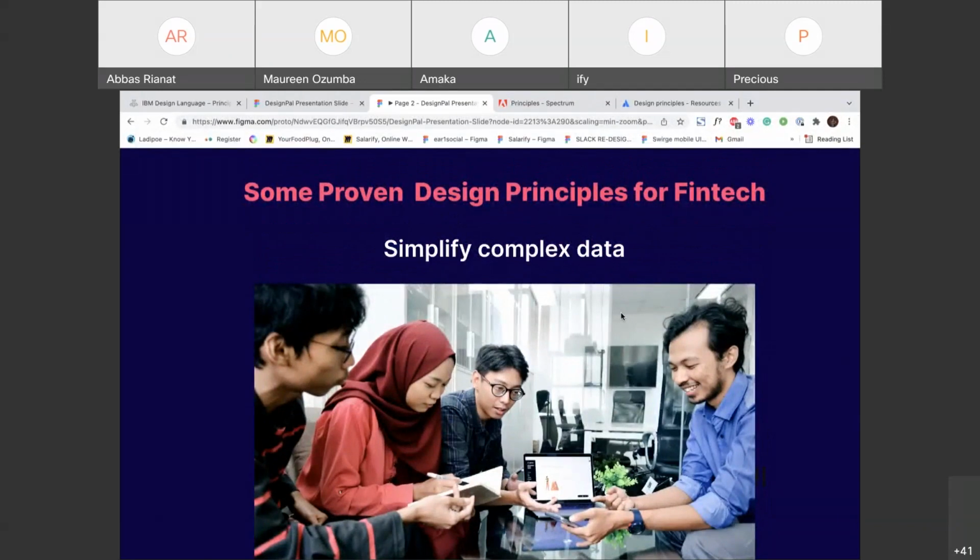We all know that simple data helps users to consume, reflect, and decide what type of product they may need to invest in. You don't want to build a platform that will be too complex with data, which means you are telling your user that all this data is complex, but we can simplify it for you. That can be one of your design principles, to be able to simplify complex data. And we also have